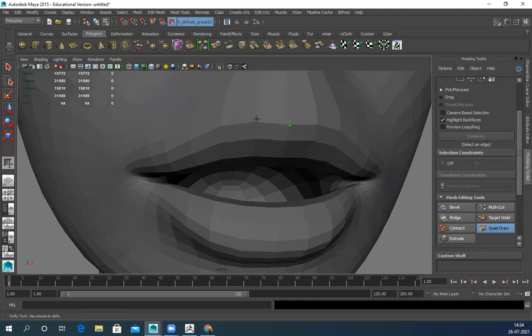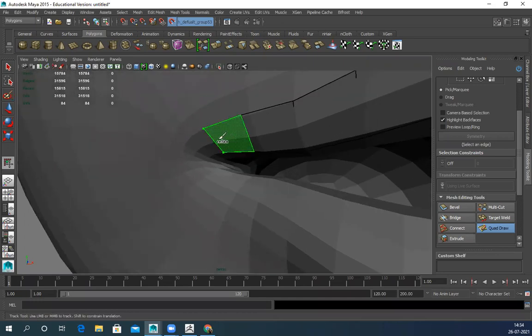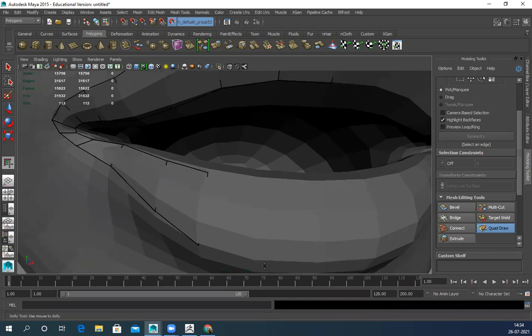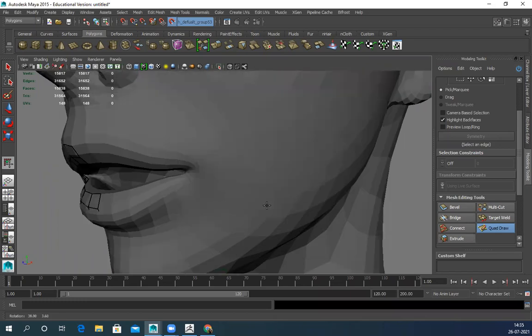Lips. Rotate the loop. Do not create a triangle or anything. Control, click it, so it will snap, and add one more loop here.